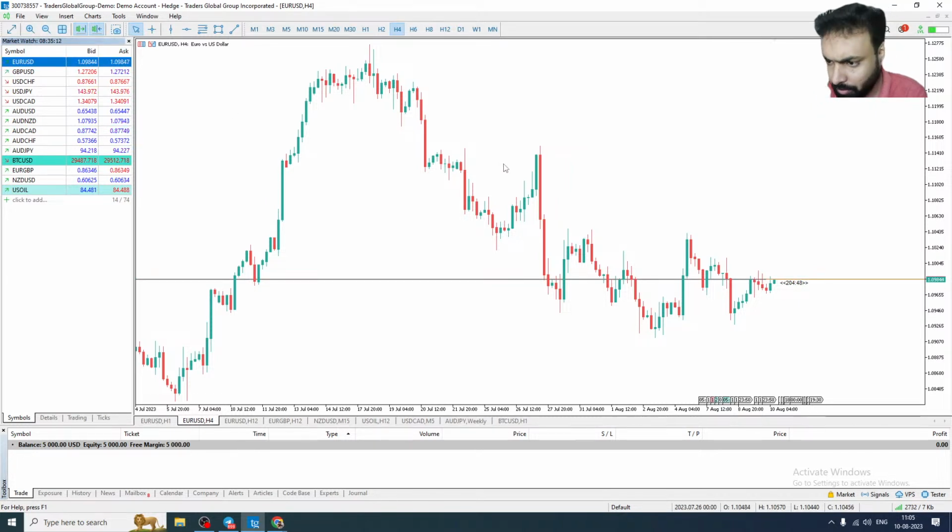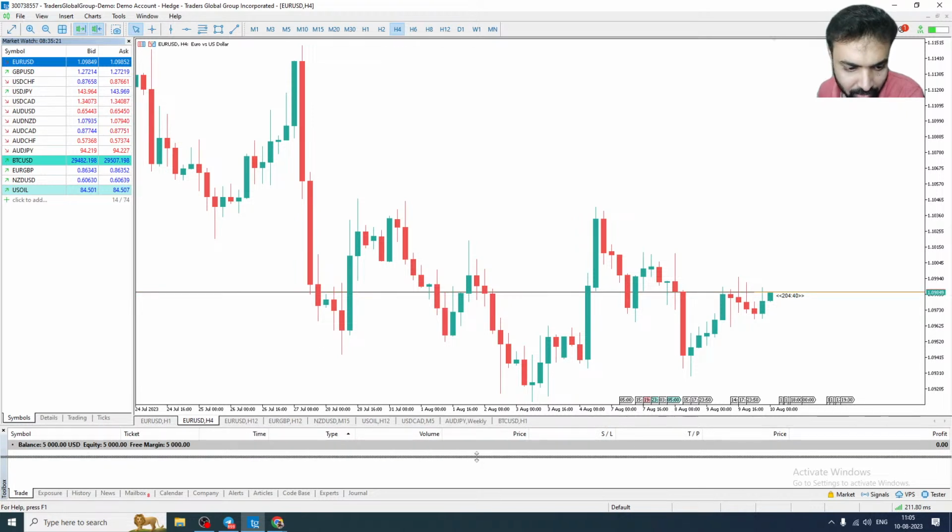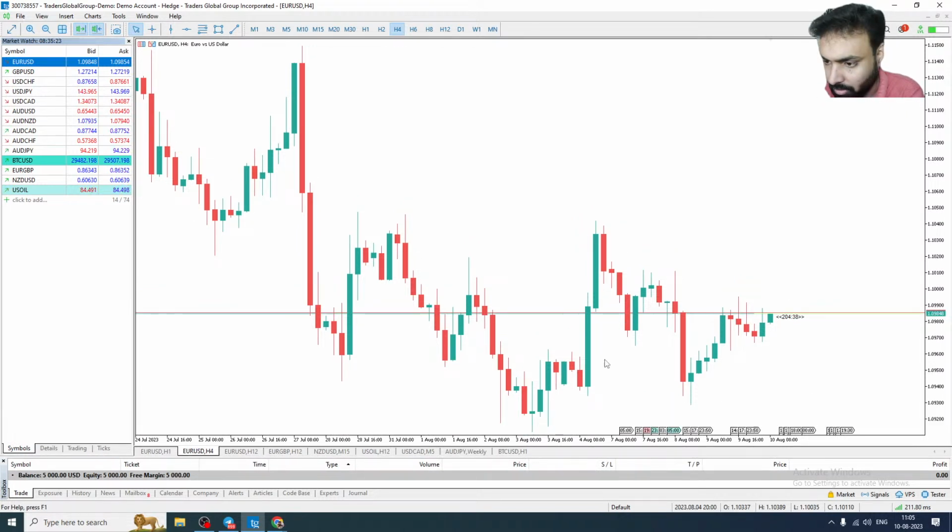So I took EUR/USD, and let's see EUR/USD. Let's zoom in. By the way, this is our My Forex Fund $5,000 challenge account. In the 4-hour, can you see this one? There's a wick broken by the wick level, and that candle is already touched, and the market has reacted. The 50% is also already touched.